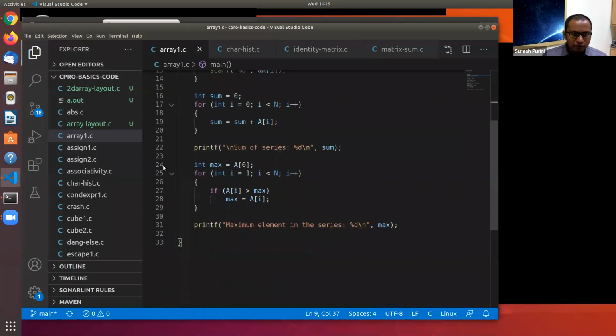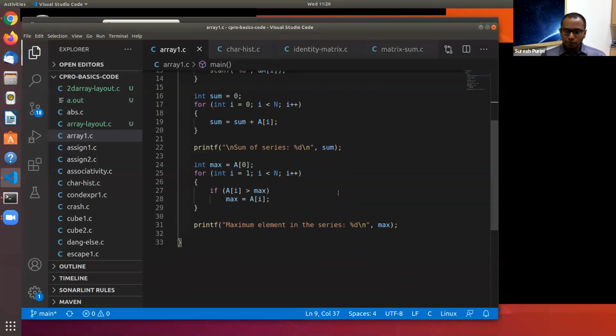Then on lines 24 to 29, we compute the max of the elements. We say max is equal to A of 0, and remember, on line 25 we start with i equal to 1.